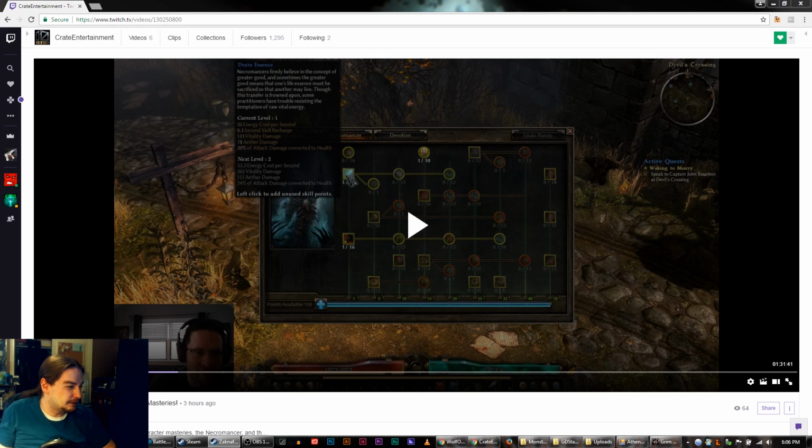So he went through the Necromancer first and the Inquisitor. They spent about an hour and a half doing this, but I'm going to skip through a bunch of it. So the first ability in the Necromancer tree, the first two, you have your raised skeletons, and you have your